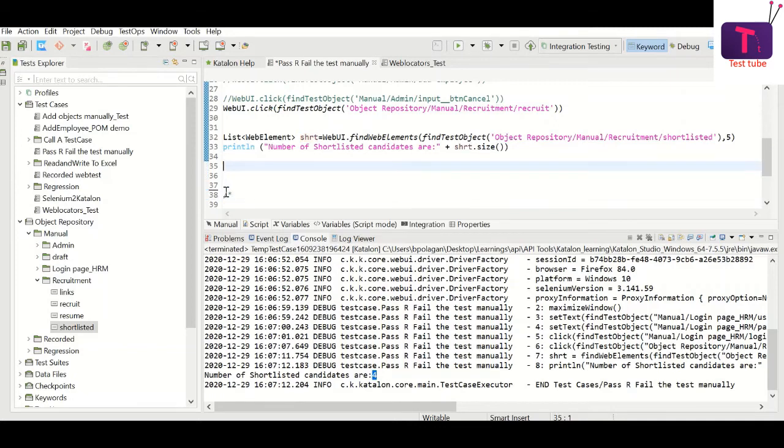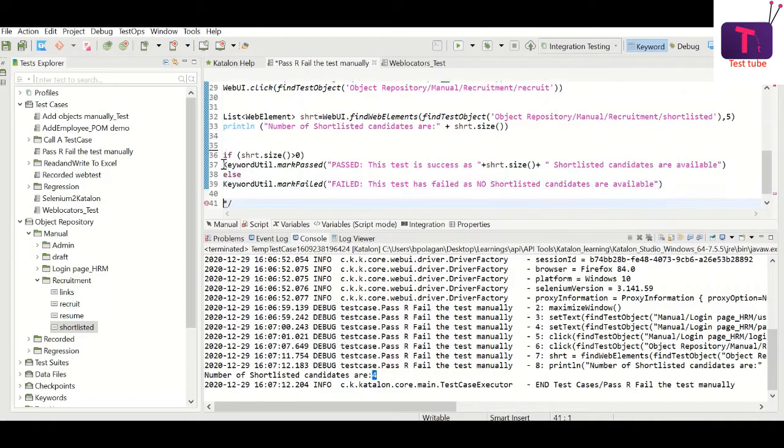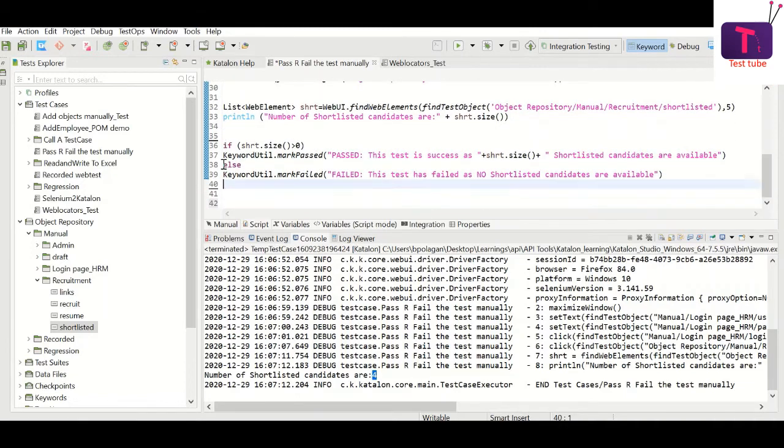This is one example of such cases, but there will be many situations where you want to apply some logic and, based on that logic validation, decide the test result as success or failure in Katalon Studio. To achieve that, there is a class called KeywordUtil, which lets you decide whether the result is a pass or failure based on the logic you define.